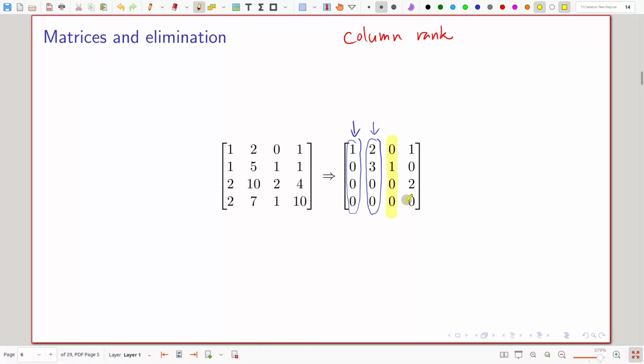No. Because can you obtain this column from this one? Yes, you can, multiply 2 and subtract, right? And you get 3 and UI3, you get to this column. So this column,